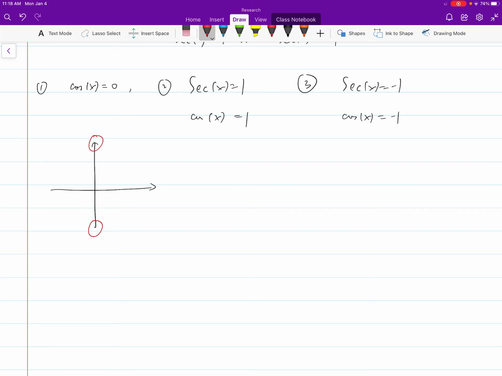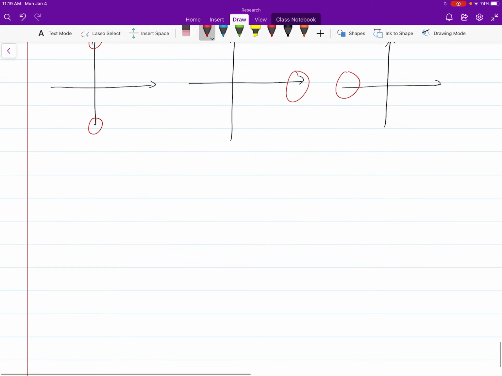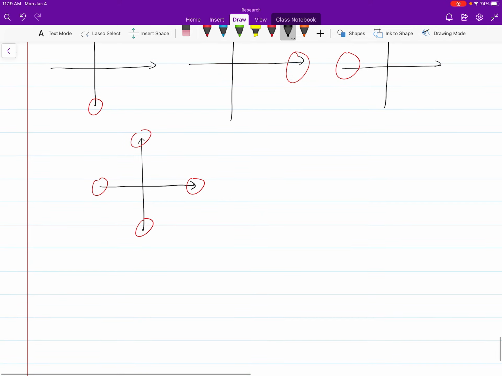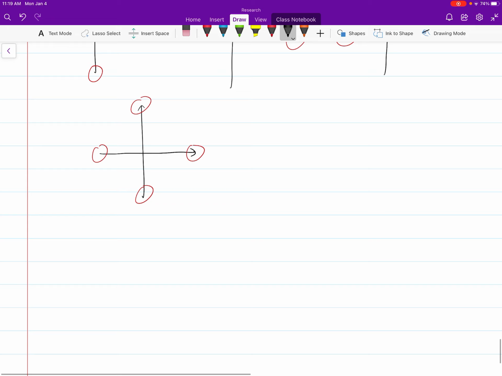Cosine x equal to 0, here and here. Cosine x equals 1, here. Cosine x equals -1, here. Now if you put them together, it's very clear to see. It's basically the four points on the axes. So you have all kinds of ways to write them down. I think the best way to write them down is